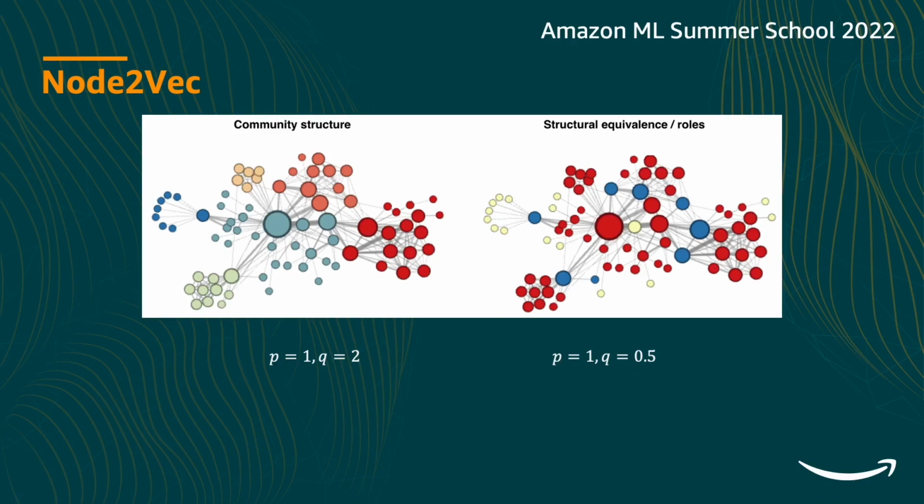So here we can see that the cluster is assigned based on functionalities. All the yellow clusters are the leaf nodes, maybe all the blue clusters are the transition nodes, and the red cluster are the nodes which have lots of connections. And so this is how the node2vec algorithm is useful for learning node representations, and using that we can do many different things like clustering, classification, and so on.